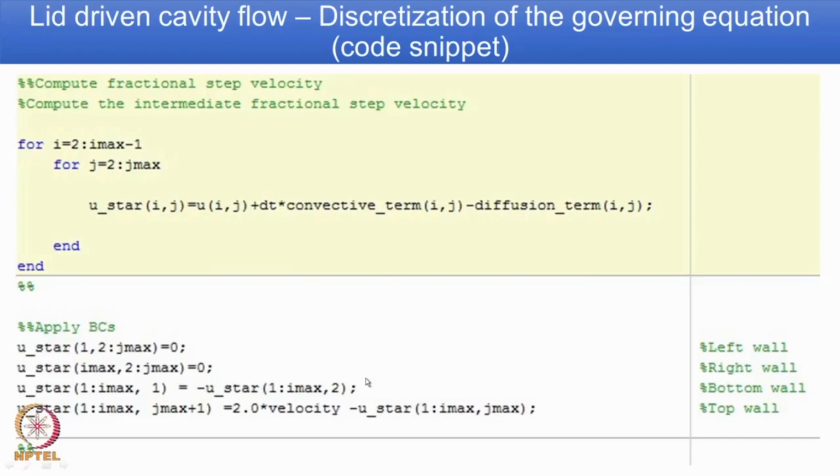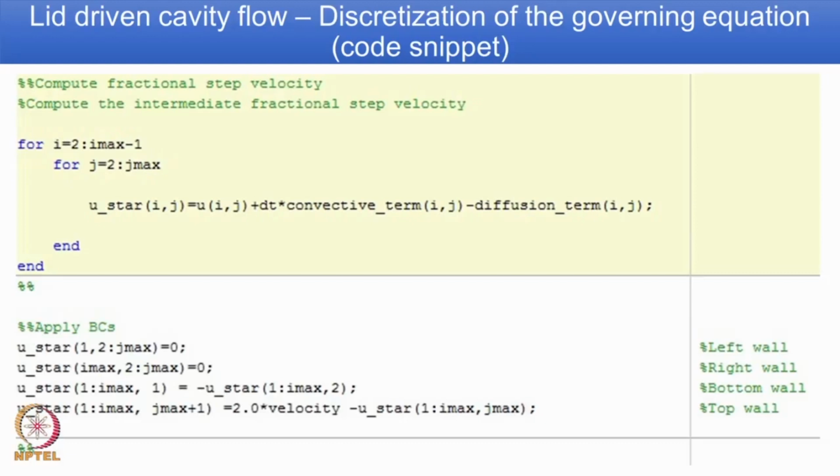So, the corresponding code is shown here for i equal to 2 to i max minus 1 and for j equal to 2 to j max. We calculate intermediate velocity, we use u star i comma j as u i comma j plus delta t. In the code we use dt multiplying convection term and diffusion term. Once you solve